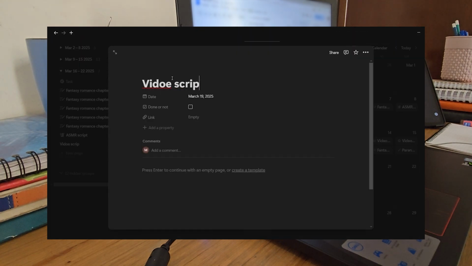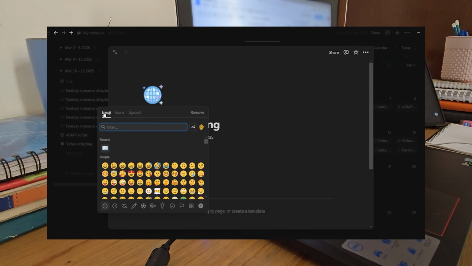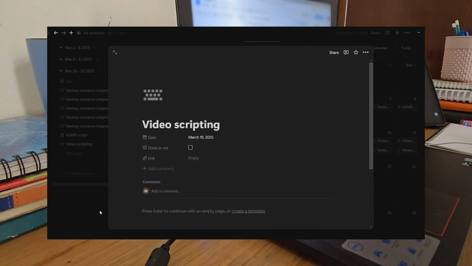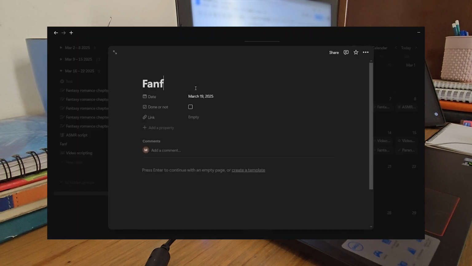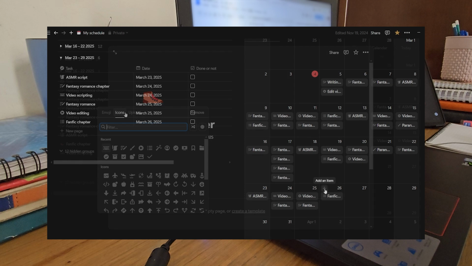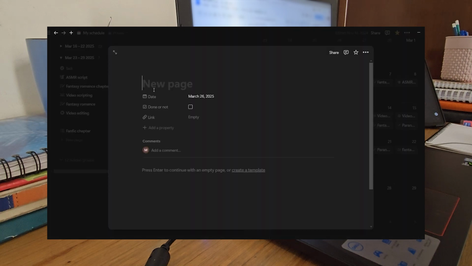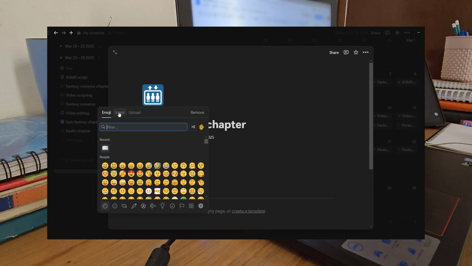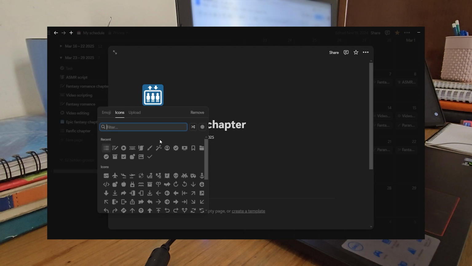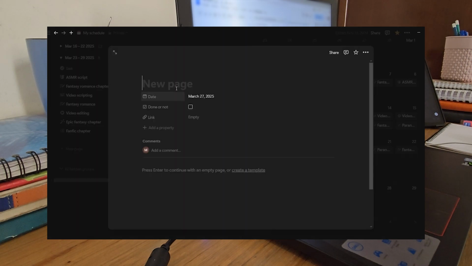As you may have guessed, this schedule is only writing schedule, separate from every other thing or chore I have to do these days. I want to work a bit on a personal project that I have been working on for a while, my epic fantasy story. I had shelved it in the past few months to work on other projects, but I'd like to get back to it now, I guess.